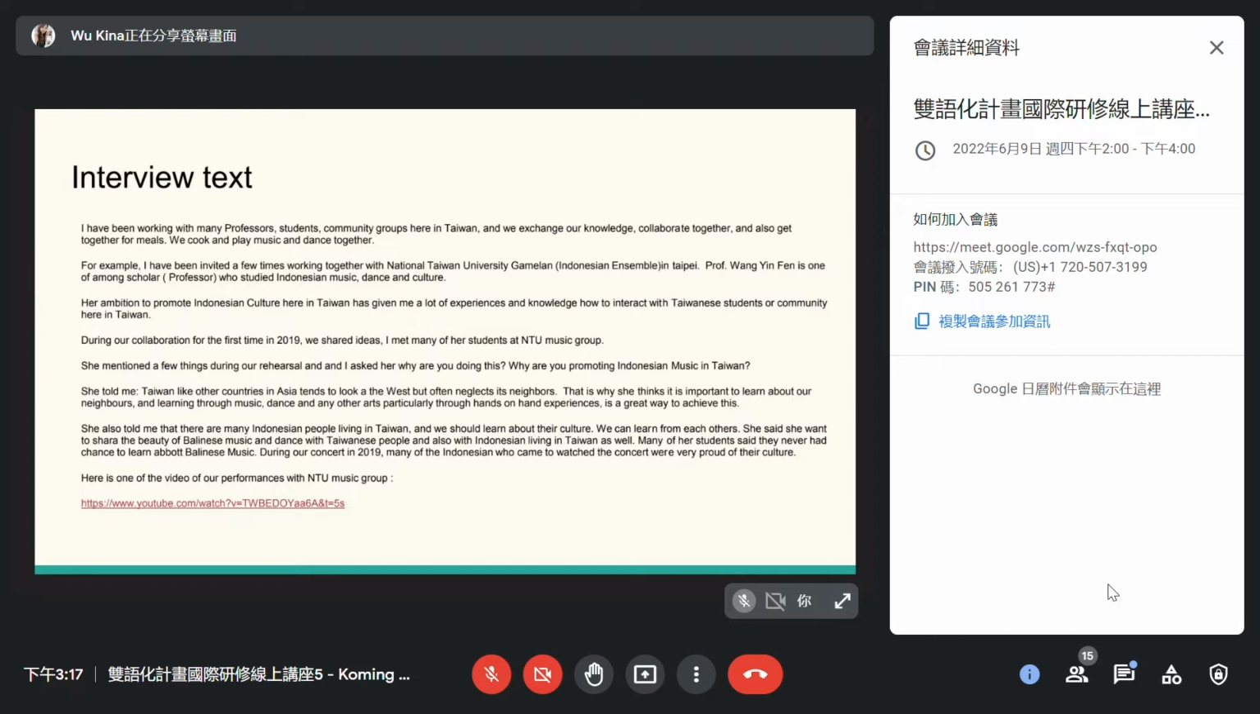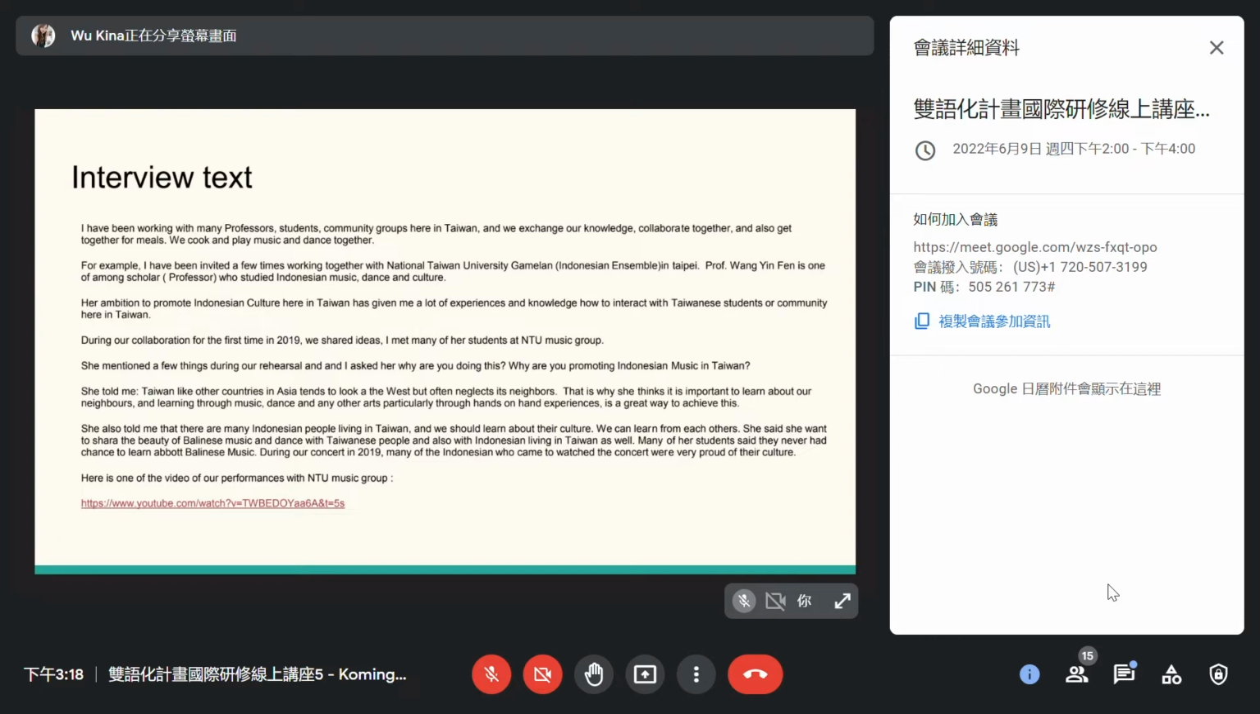And then she mentioned a few things during rehearsal. And I asked her also, and she told me, Taiwan, like other countries in Asia, tends to look to the West. This is her point of view as a professor, but often neglects its neighbors like the Philippines or any other Southeast Asian country like Thailand, including Indonesia. And that is why she thinks it is important to learn about our neighbors, and learning through music, dance, or any other arts, particularly through hands-on practice or experiences, is a great way to achieve this